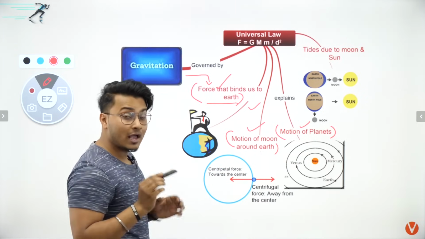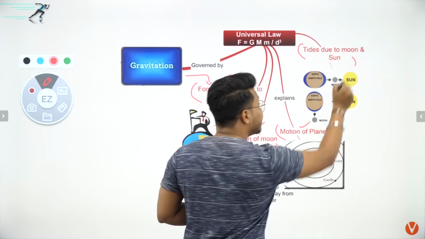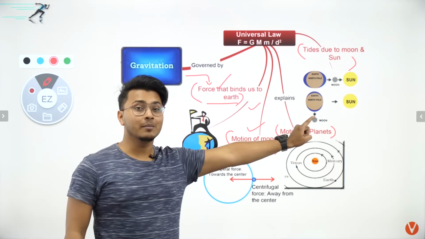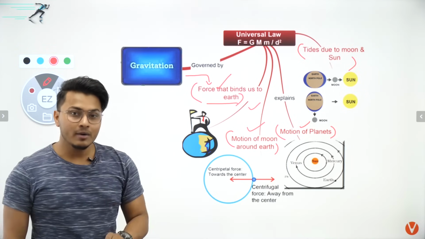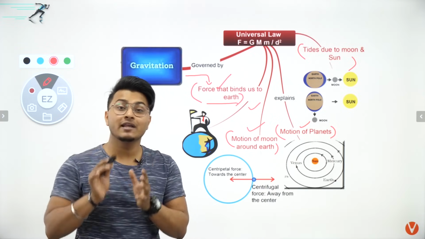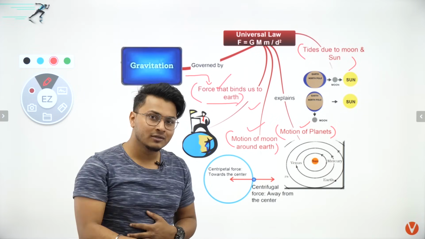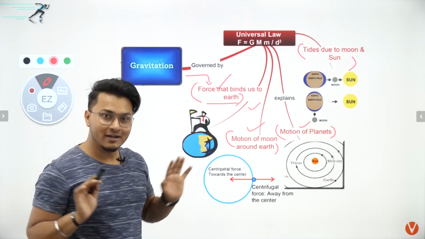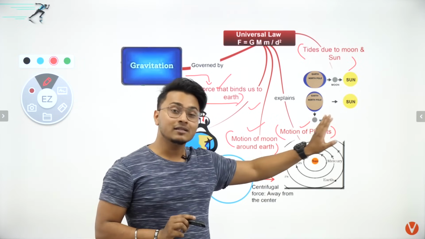These are the applications, and there is one more very interesting application, that is nothing but the tides. The tides, very important. This question can come in your examination right now. What is this? This is nothing but the tides on our earth are also caused due to the gravitational effect or gravitational force of the moon and the sun on earth. क्योंकि थोड़ी देर में हम पढ़ेंगे कि gravitational force होता क्या है. We'll understand that in a bit in terms of mathematical equation, and you will also understand in the same manner